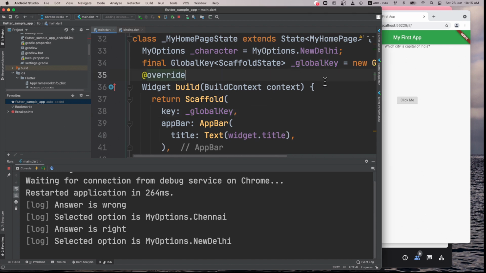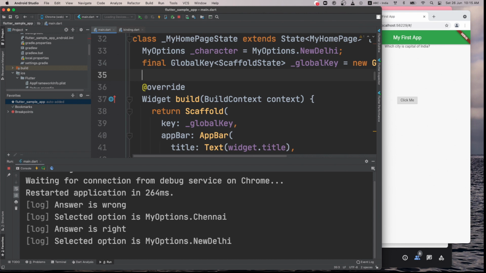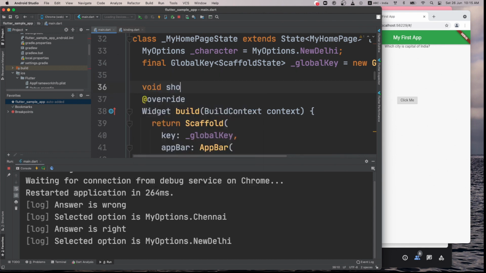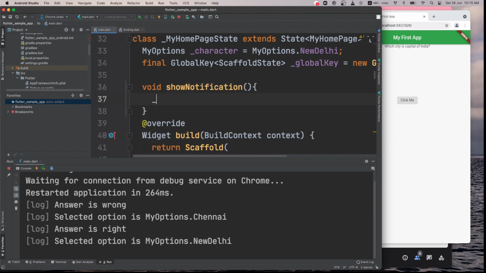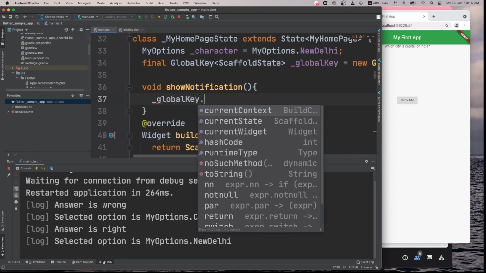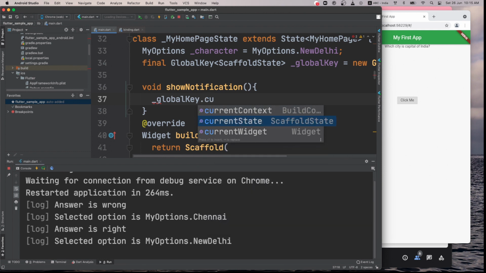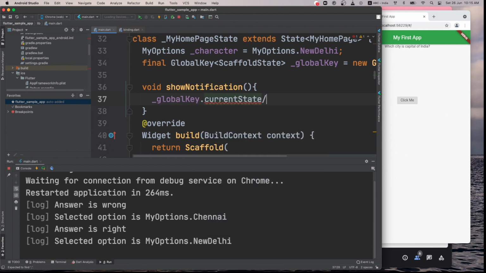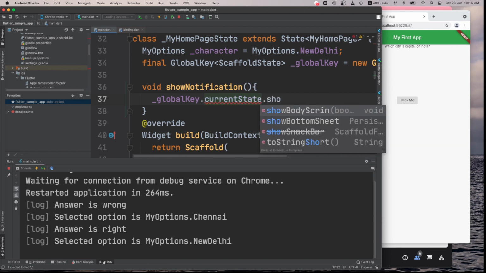In the global key I will say I want to show some snack bar, so I will create a function, say void show notification, and write this global key dot current state dot snack bar.